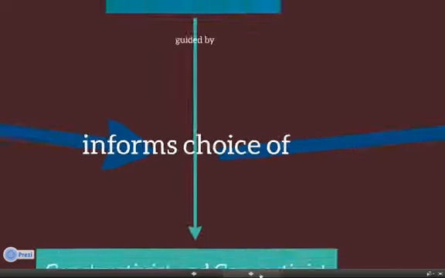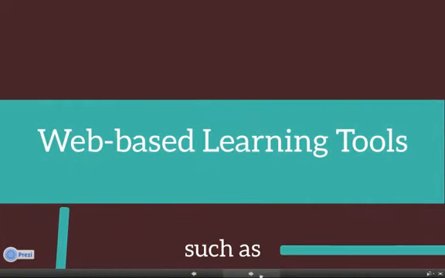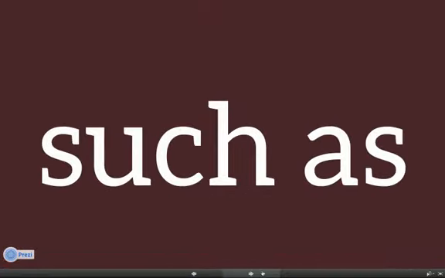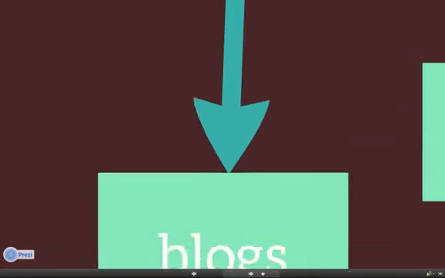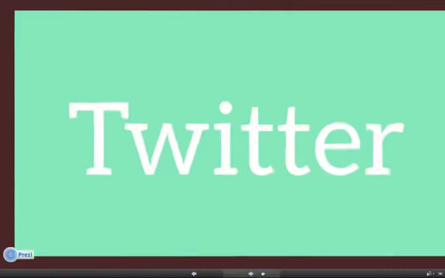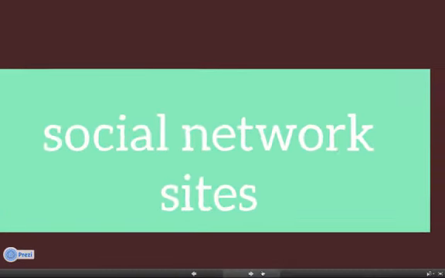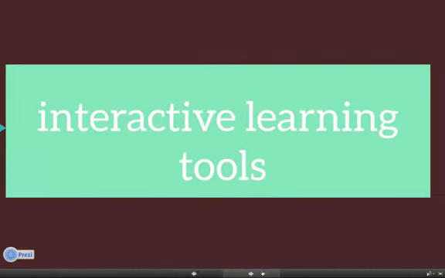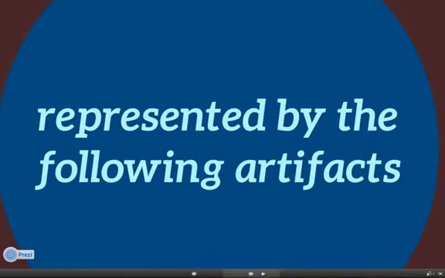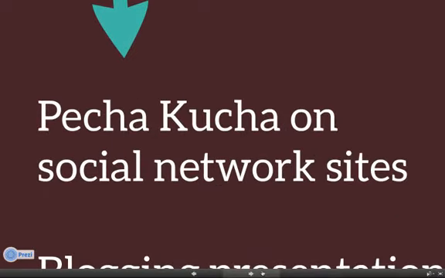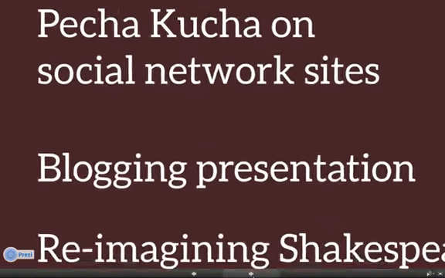Authentic assessment informs the choice of web-based learning tools, which is the other major branch of my portfolio. And when I'm talking about web-based learning tools, I'm talking about tools like blogs, Twitter, social network sites, and interactive learning tools. And I'm going to represent this in my portfolio with a PechaKucha that I did on social network sites,